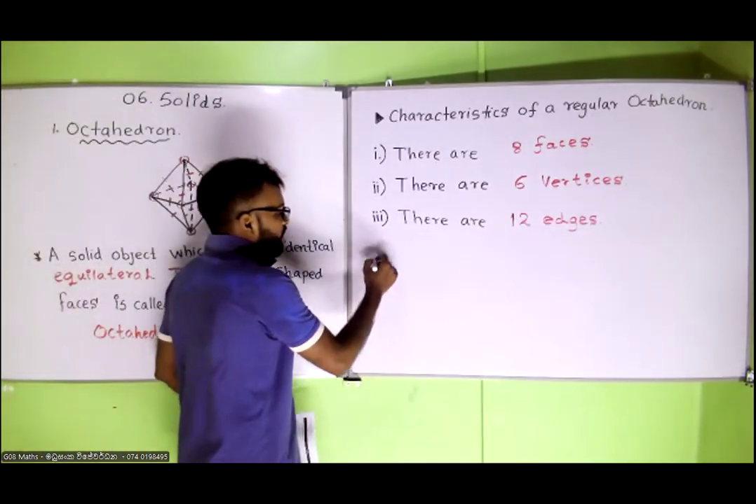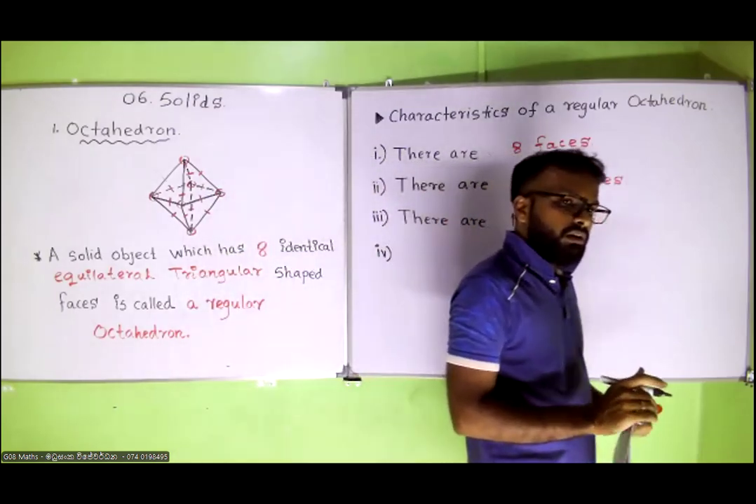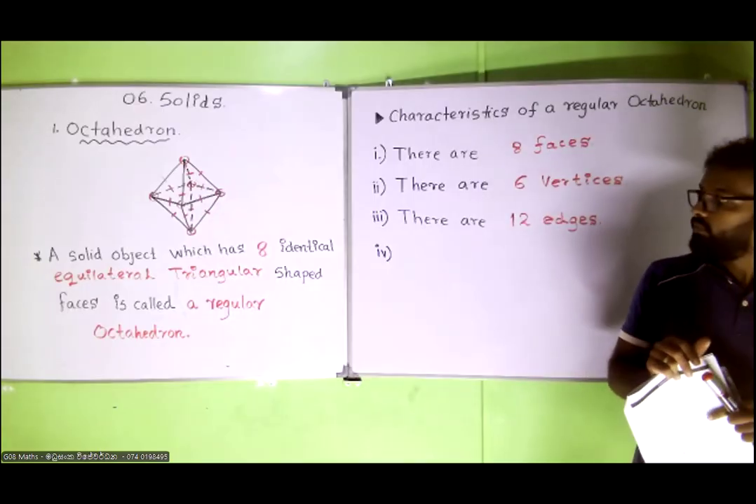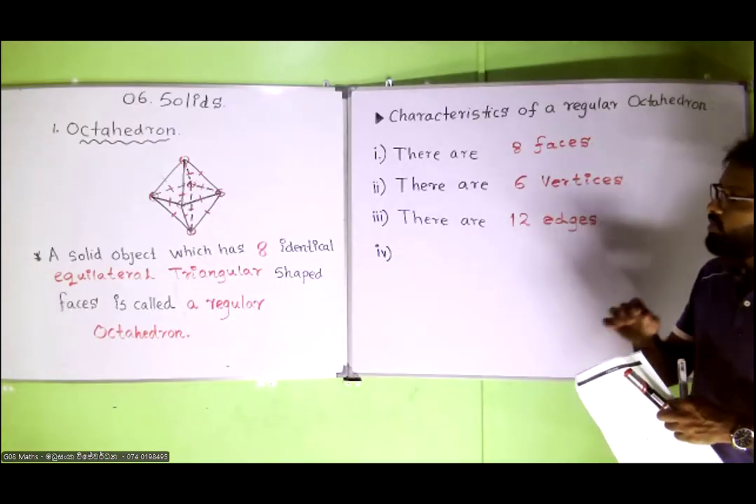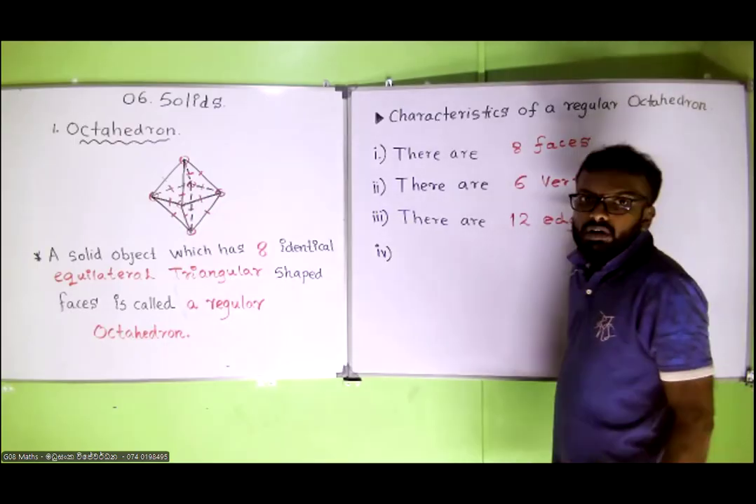Now what is the fourth one? What is the fourth one? Excuse me, sir. 16 edges එමෙ තියෙන්න ඕනේ. Sorry, what did you say? 16 edges එමෙ තියෙන්න ඕනේ. No,